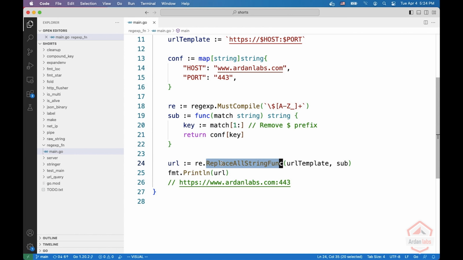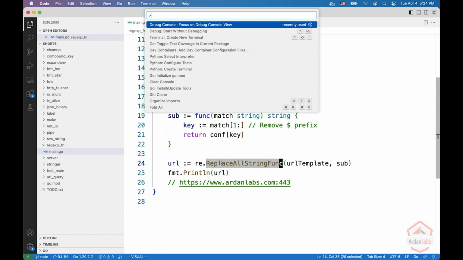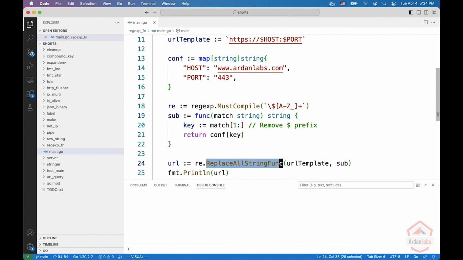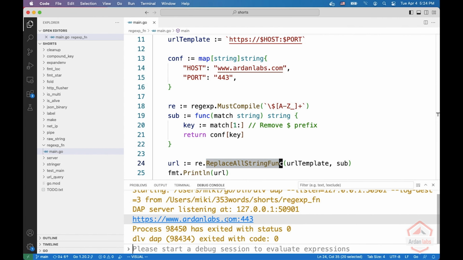And now we can use ReplaceAllStringFunc with the URL template. Let's run it. So start without debugging and have a look at the console, and we see that we get Ardern Labs and the port